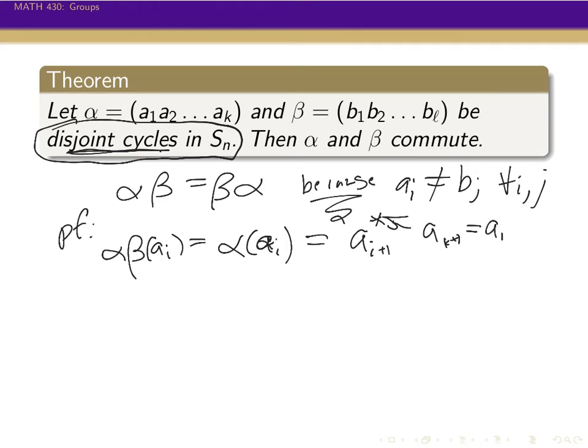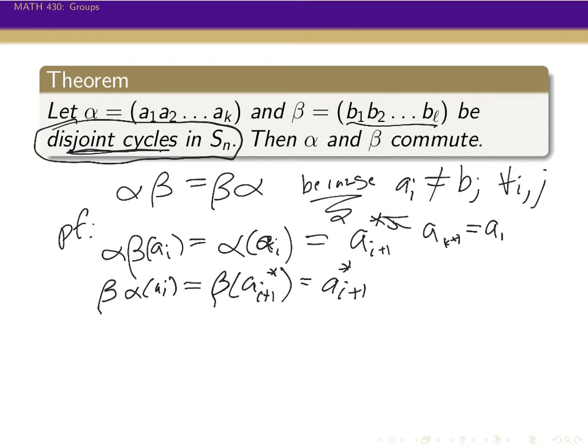Okay. On the other hand, if we applied beta alpha to a_i, well then alpha on a_i, same as before, we get alpha a_{i+1}*. So we'd have beta on a_{i+1}*, but this doesn't appear anywhere in the b_1 through b_l, and so beta doesn't do anything to it. And so it's, again, going to be a_{i+1}*. Similarly,